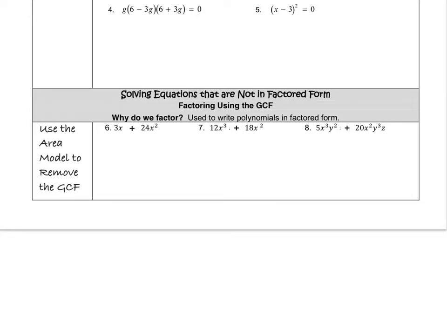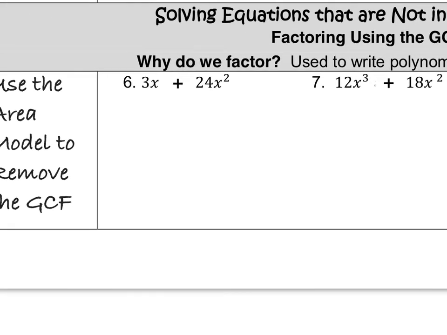Now that we know how to solve polynomials that are in factored form, we're going to work on using the area model in order to remove the greatest common factor and get our polynomial into factored form. So let's start by looking at number 6. Let's make this bigger. We're going to need some room. And let's use number 6 and do an area model